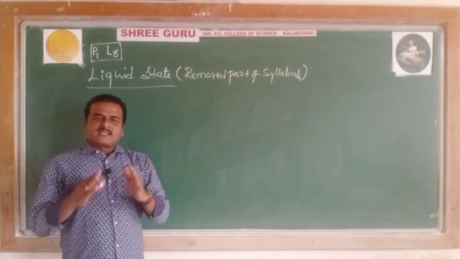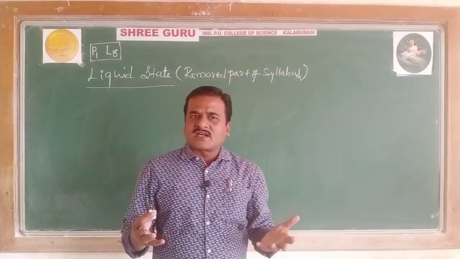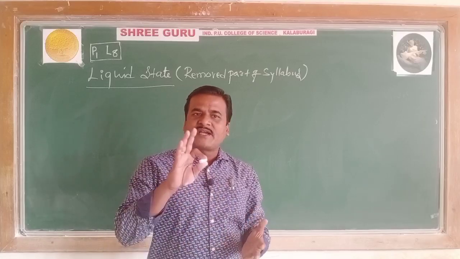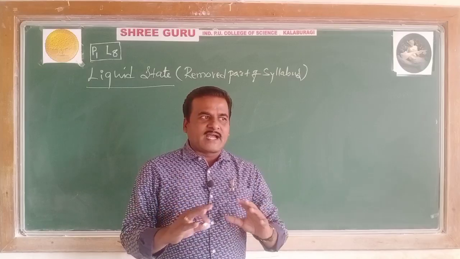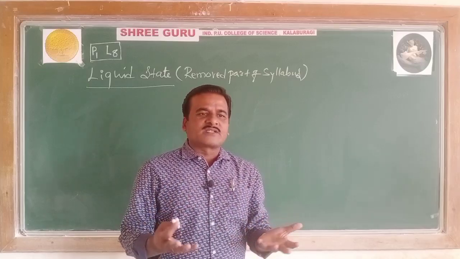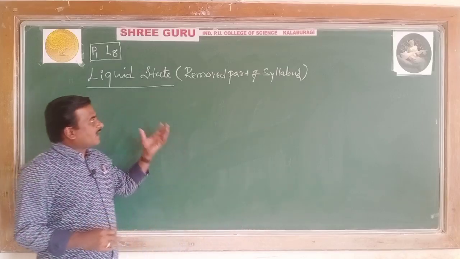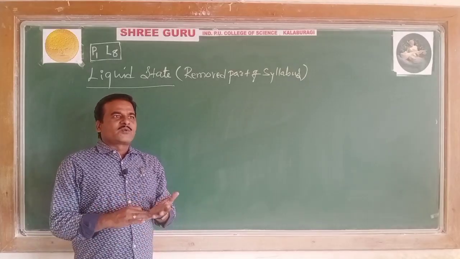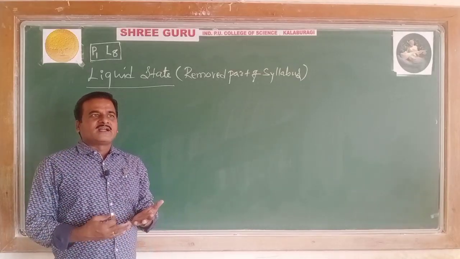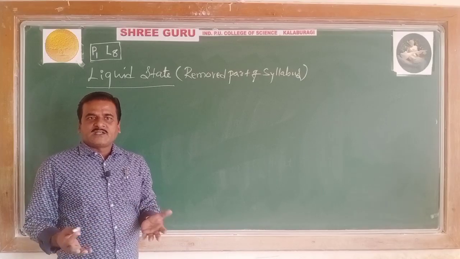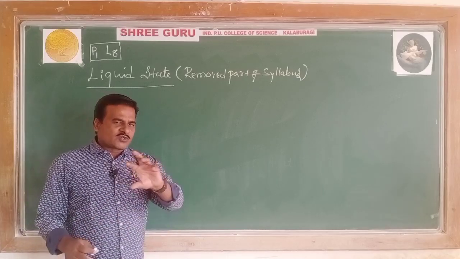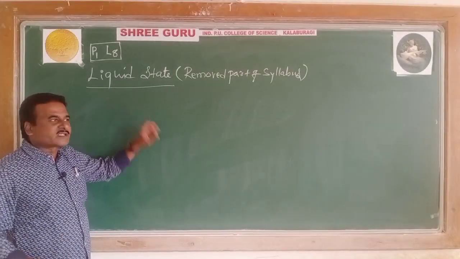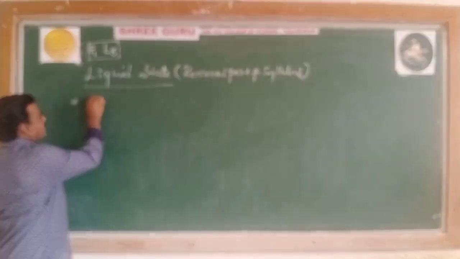Then liquid state. See, this liquid state has some general characters. As you know, liquids do not have a definite shape, but they have a definite volume. So liquids acquire the shape of the container in which they are taken, which is a general point. And liquids do have a definite boiling point. The liquids are associated with properties like surface tension and viscosity. So these are the ideas, out of which the very important ones we are going to discuss pertaining to the liquid state.